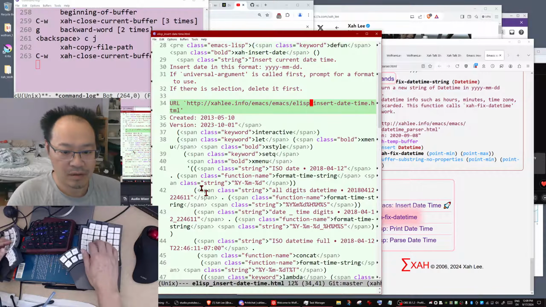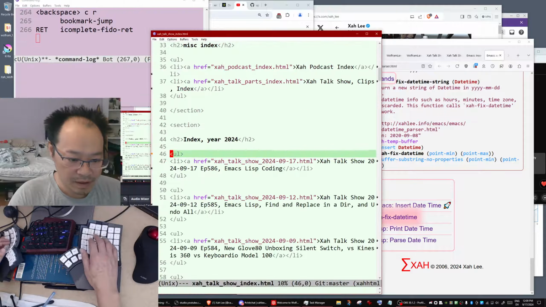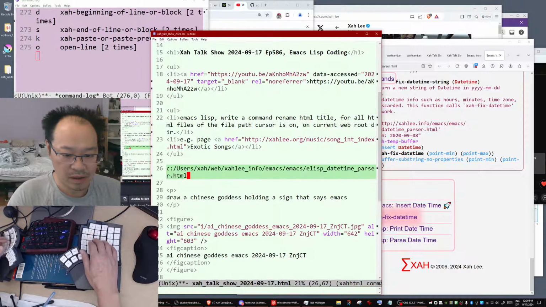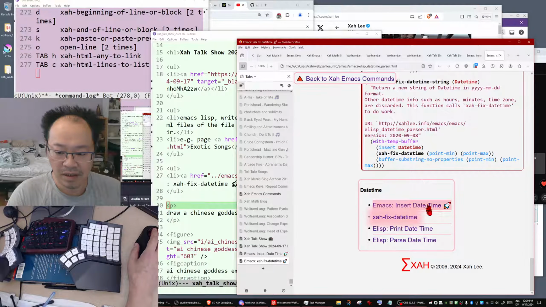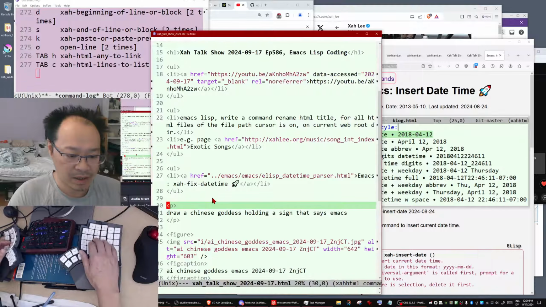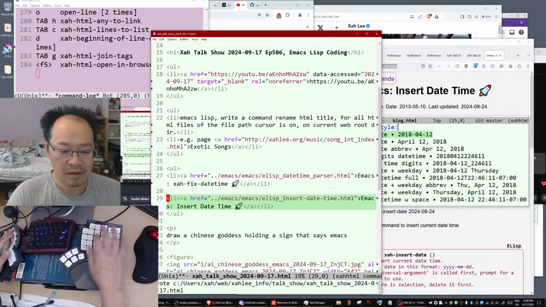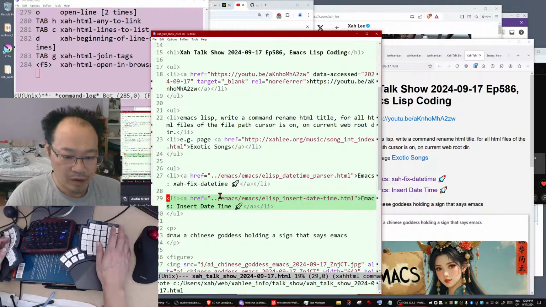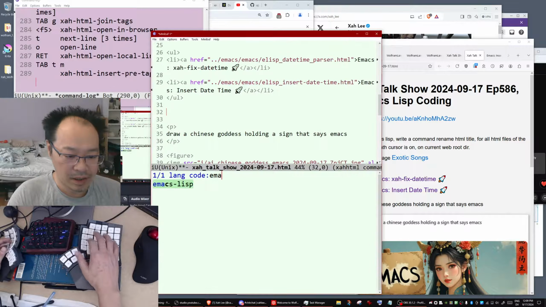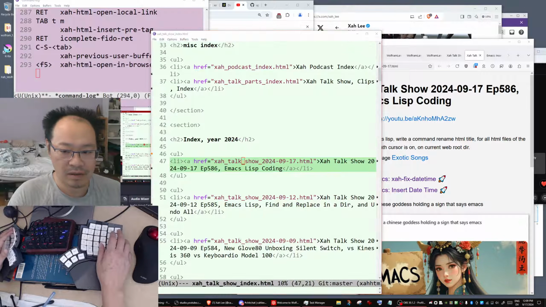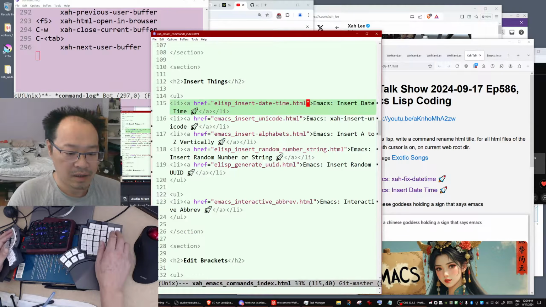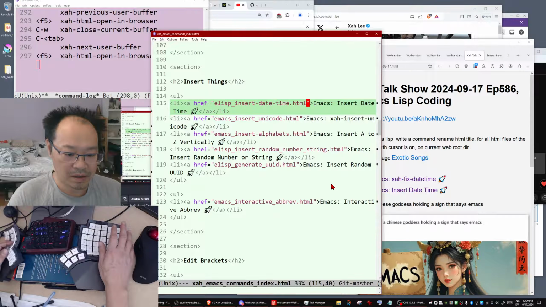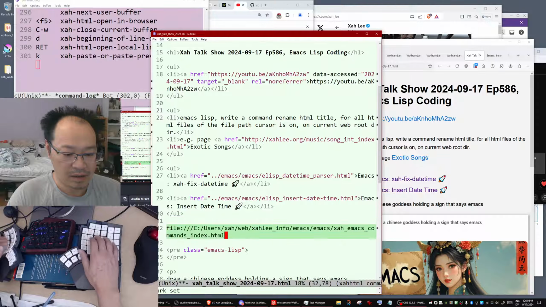So let's go to talk show. Let's put a link there so we have a record of the links we showed. Insert datetime, go there, also copy that page. Those are the files I changed or need to change. So let's start Emacs Lisp. Hold on a second, show in browser, close, next, show in browser. Copy that, close, back here, close, and also paste that link.